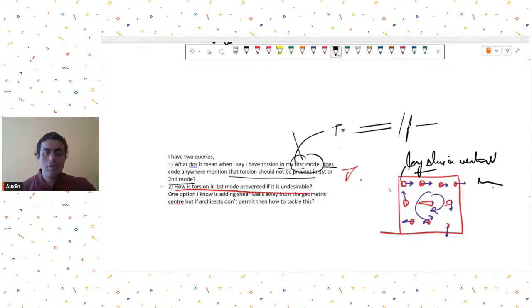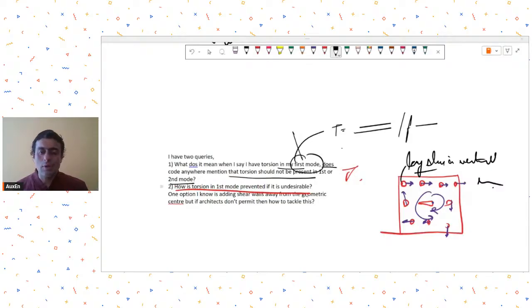And if the concrete core, the confined concrete core, undergoes a shear failure, it will affect the vertical load carrying capacity. And if the vertical load carrying capacity of your vertical members is affected, it will lead to collapse. So basically, that's why we don't want torsion to be the inherent behavior